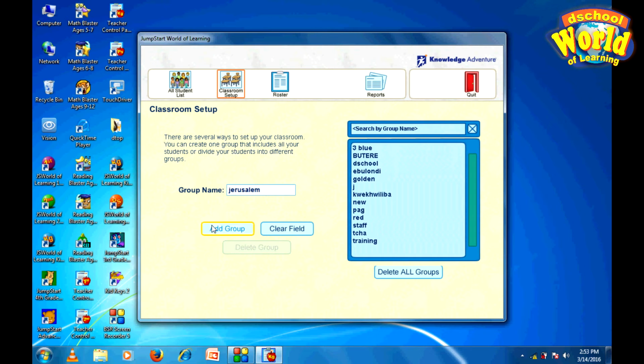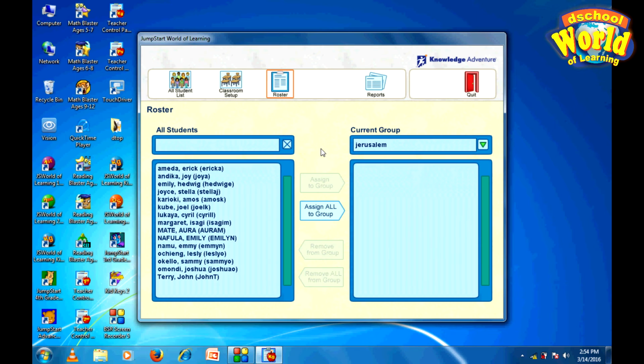And then remember also to add the group until you see the group listed on the left hand side. If you can see the group listed on the left hand side, then your group is added correctly. I can locate my group here, that is Jerusalem. After that, click at the top where it is written roster. Roster is just the way you have the register in the classroom. You have the class, you have the students. Now you need to add the students inside your register. So I have my group, that is Jerusalem.